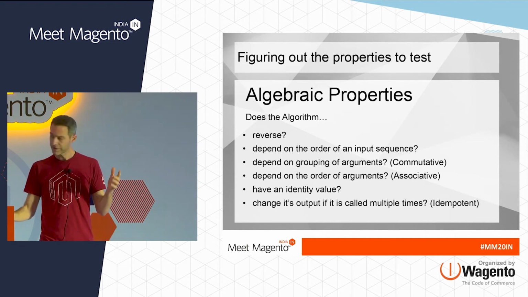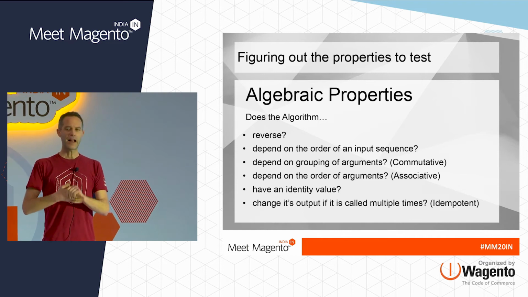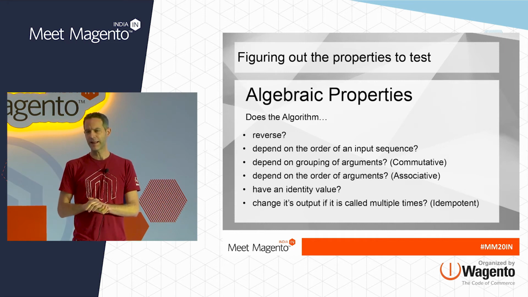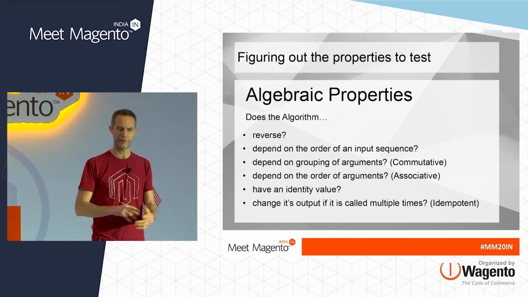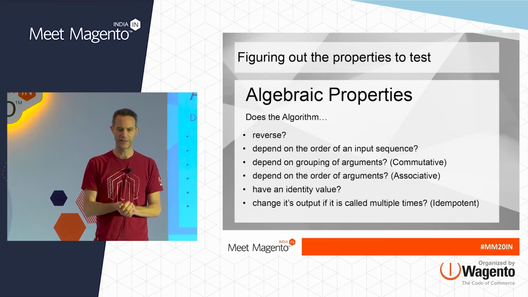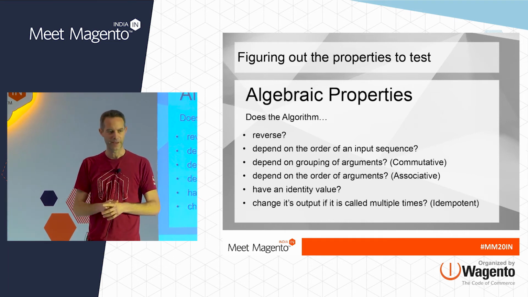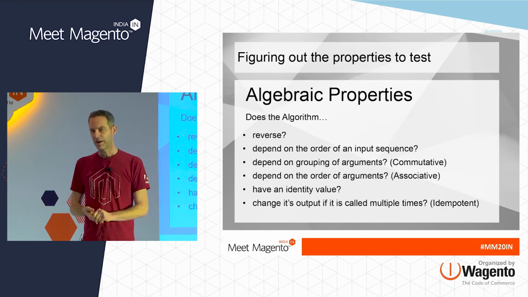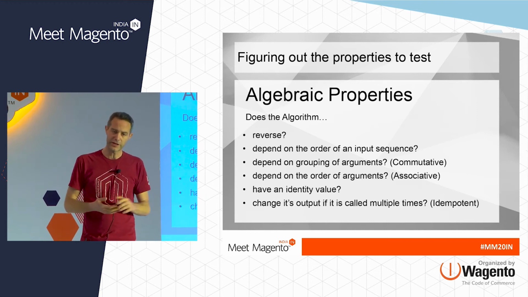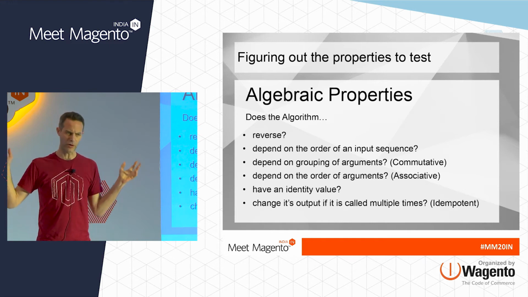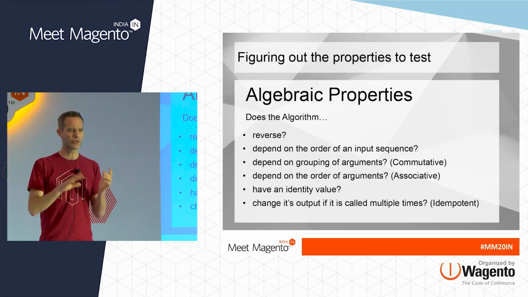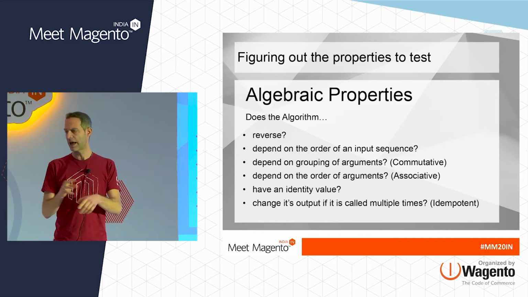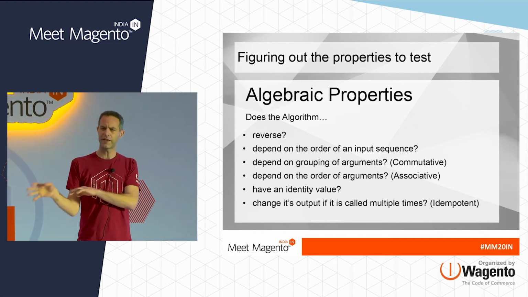Okay. So first of all, we have algebraic properties. These are more like mathematical properties, and they mostly apply to pure functions. So functions that don't have any side effects, like sending an email, but rather something where I supply inputs and then I get some outputs back. They sometimes also work for other functions, and to be honest, I never was able to use all of them. Sometimes I'm able to use one or two of these properties for what I'm writing, but it's a short list. I have it in my head, and I just go through it